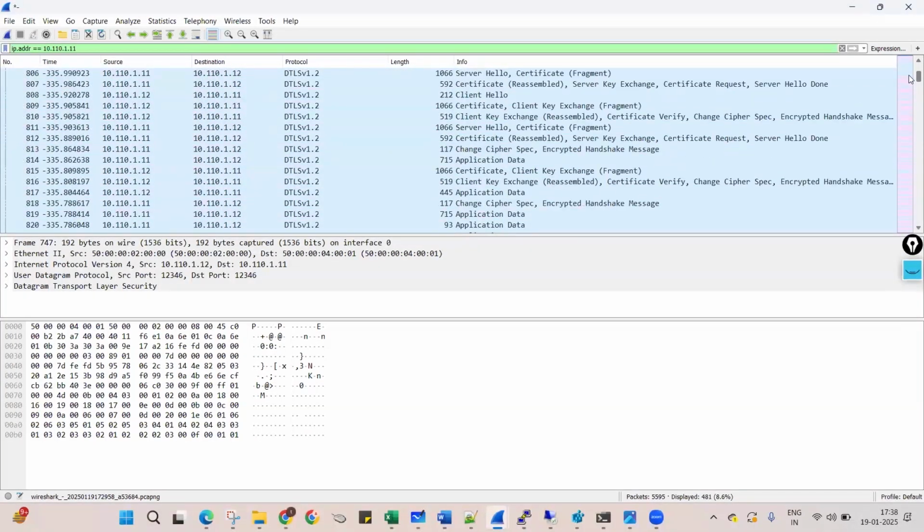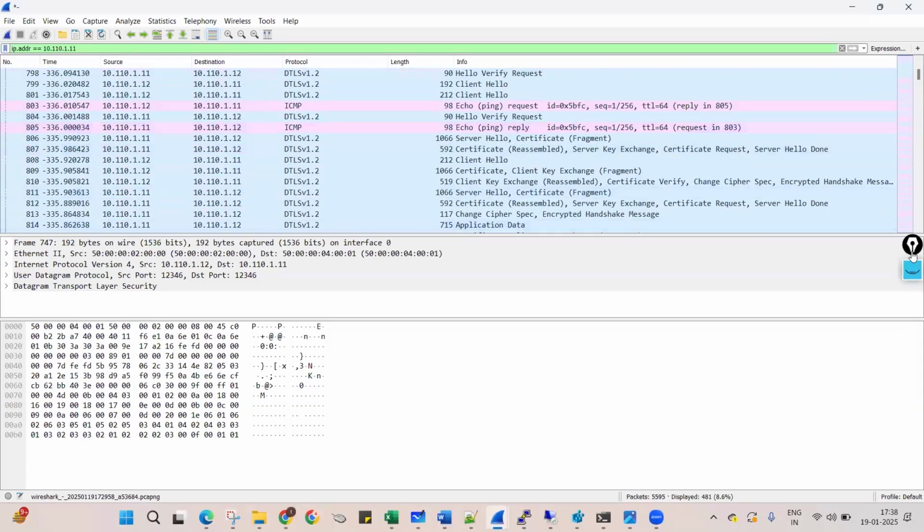Okay, here is where the authentication begins. As we discussed, vSmart is the client. It will begin the authentication with the vBond by sending a client hello,